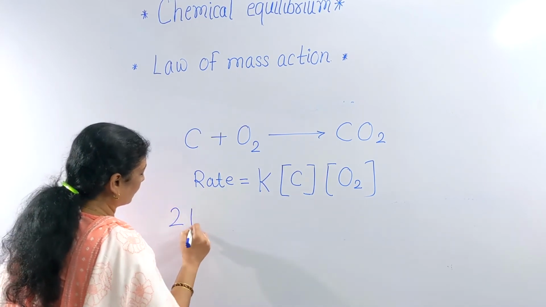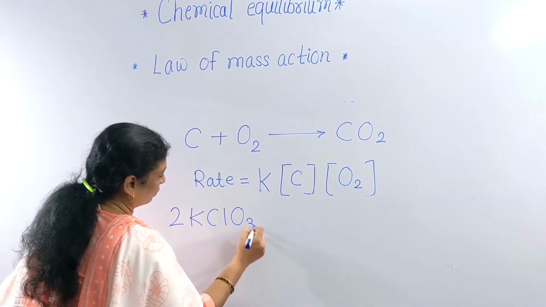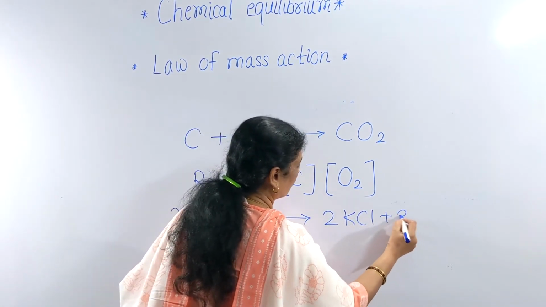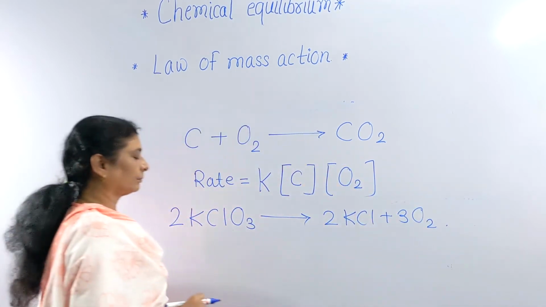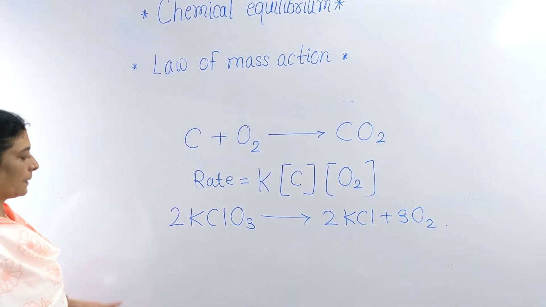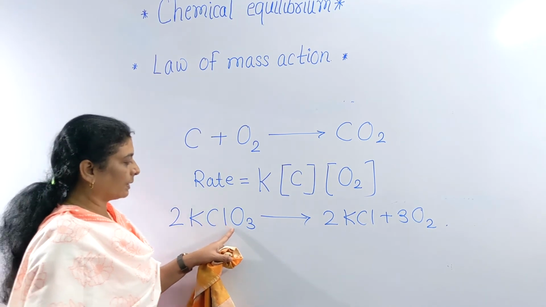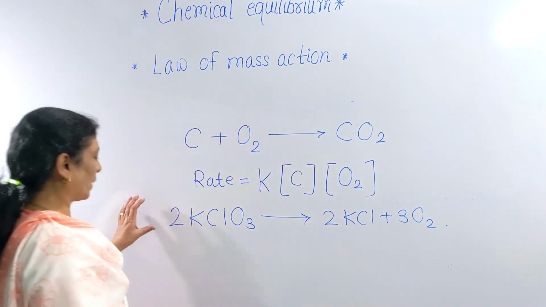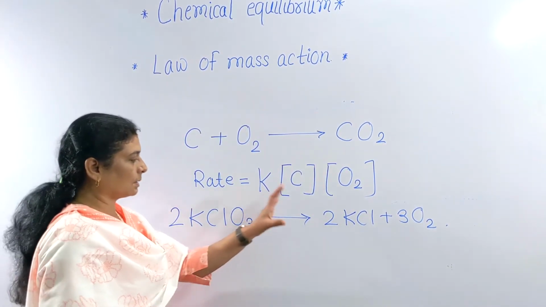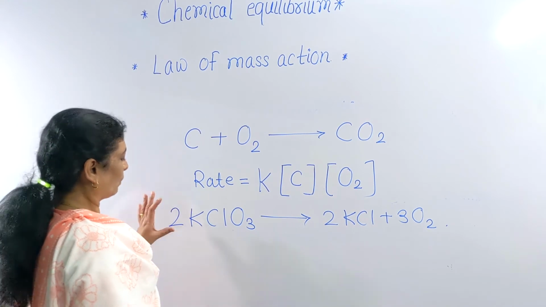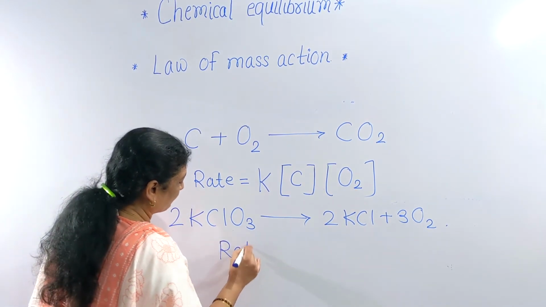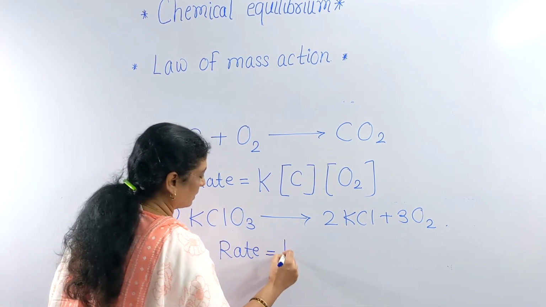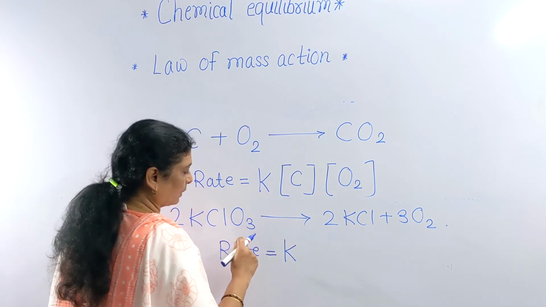Like this, suppose we have this reaction, 2 KClO3 gives 2 KCl plus 3 O2. This is the chemical reaction. 2 KClO3 is equal to 2 KCl plus 3 O2. You know that here potassium chlorate decomposes to give oxygen gas. Now for this reaction, the expression for rate equation is, rate is equal to K into,